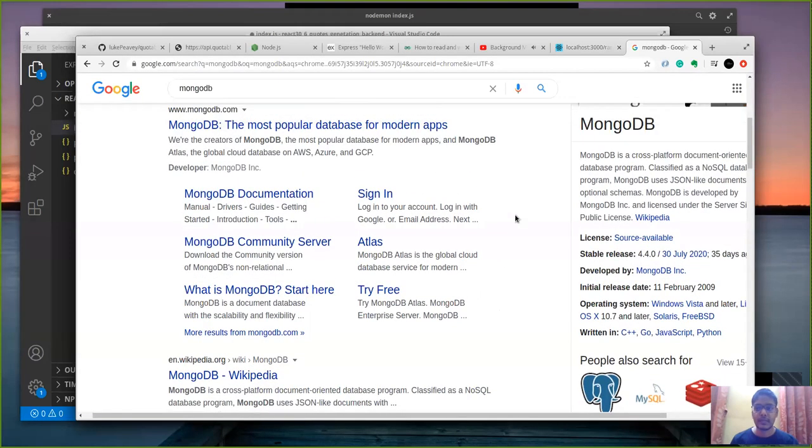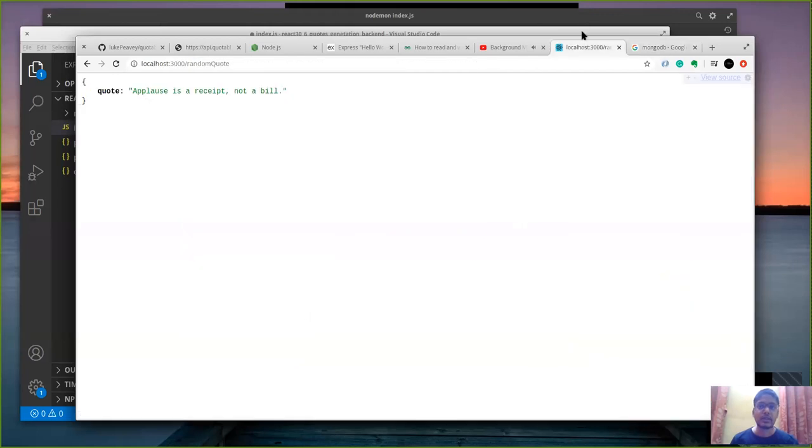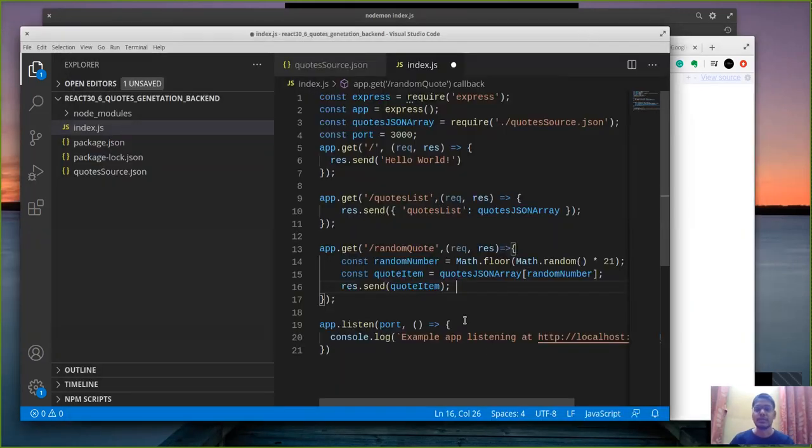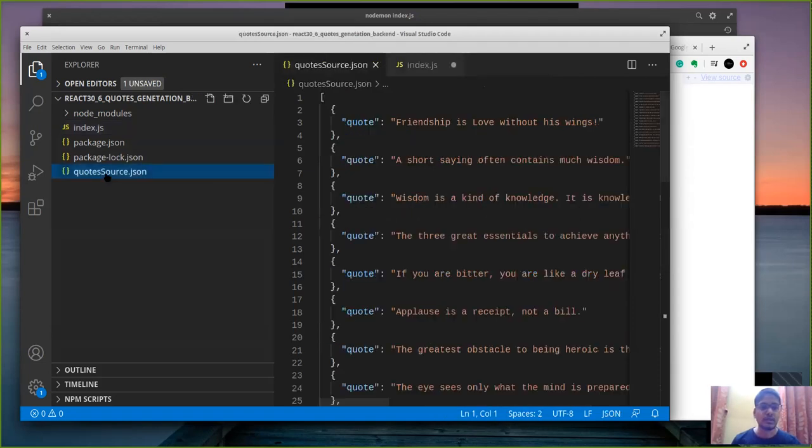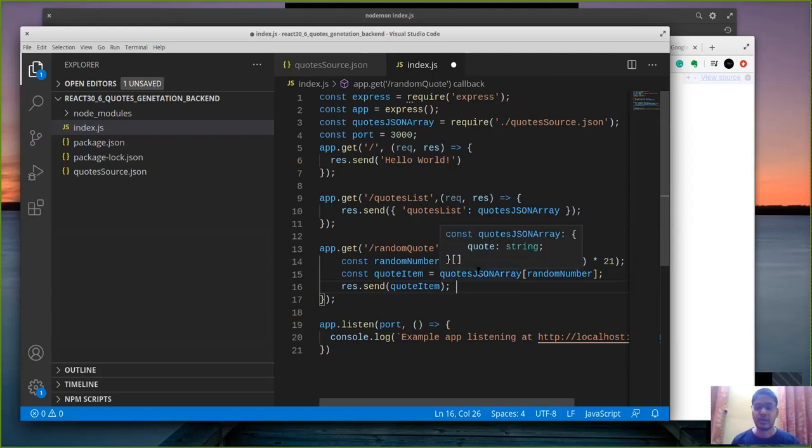So in the next tutorial, we are going to see how to set up and use MongoDB to store this codes JSON array and then retrieve the code item from there. I did not do it in this tutorial because I wanted to focus mainly on the essentials of Node.js and how we can create basic APIs. And in the next part of this tutorial, we will use MongoDB, then see how to store the JSON and retrieve it in the same server-side script.